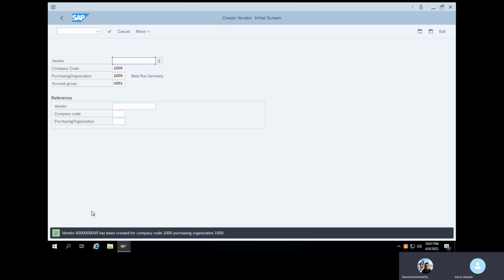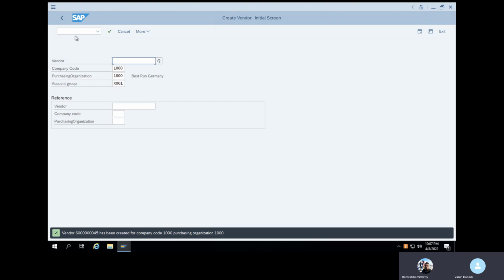Okay. Now this is about vendor master. Now purchasing info record. Purchasing info record is a combination of material, vendor, plant and purchase organization. We will use the purchasing info record for maintaining the price. So once you maintain the price in the info record, whenever you are creating a purchase order, no need to enter it manually. My system will give it automatically. For that the transaction code is ME11.